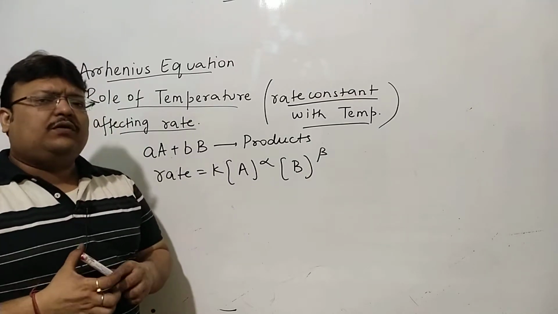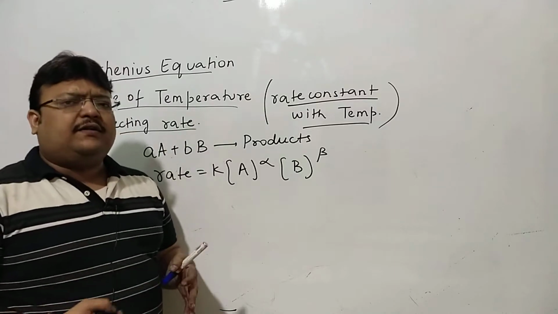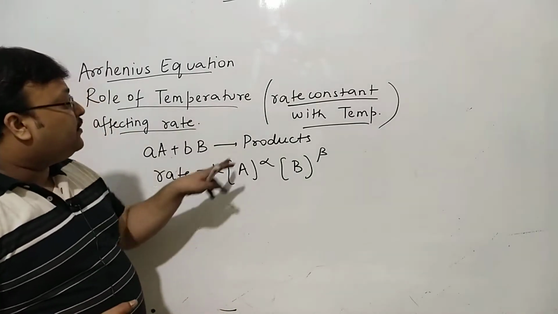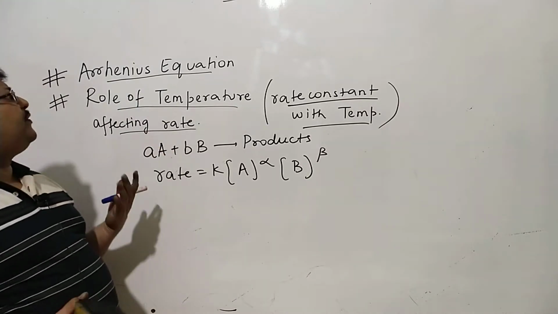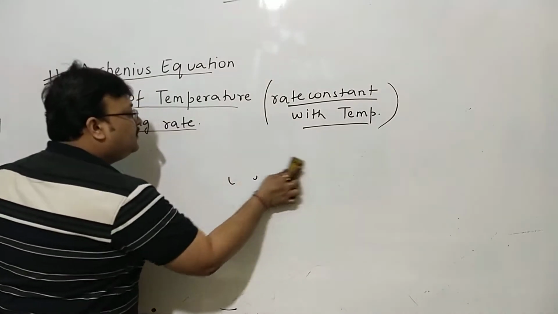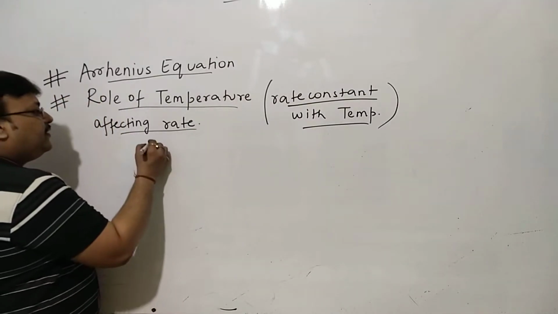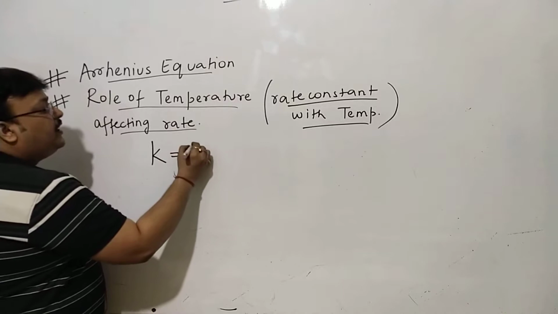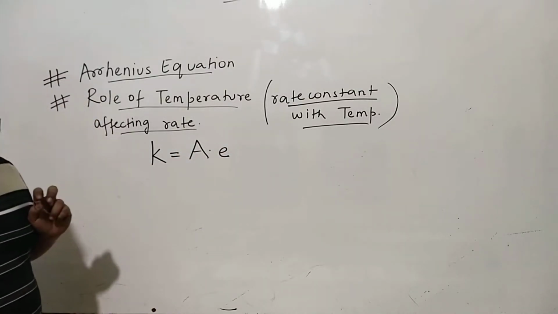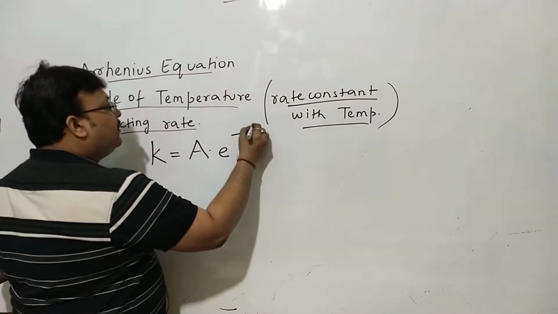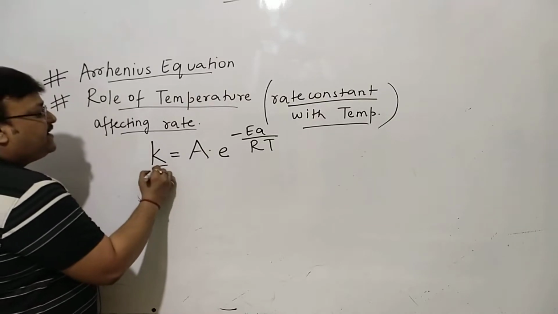So in this video, we'll want to start with Arrhenius equation. In great detail, we'll see how temperature affects rate constant and the overall rate of the reaction. So let's begin with Arrhenius equation, where the crude form looks like this. K is equal to A into e to the power minus EA by RT. So this is how K changes with temperature.